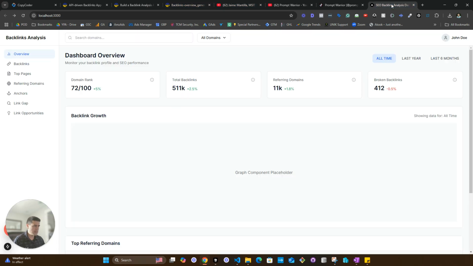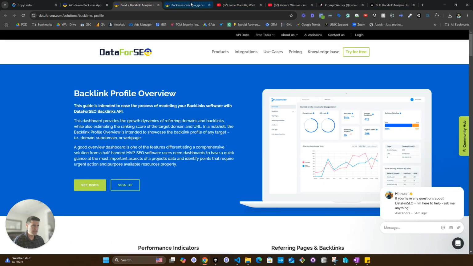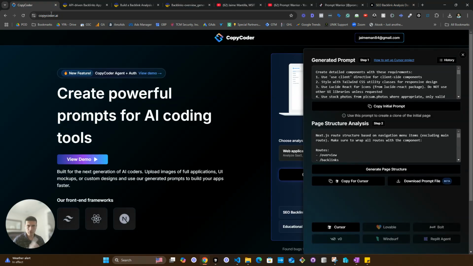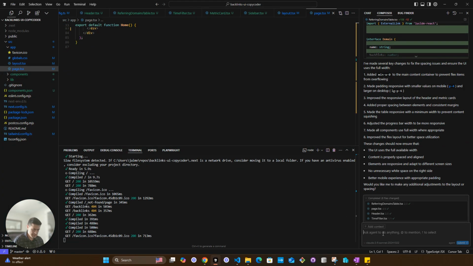This graph didn't get it so far, but let's see. Actually, was it that one? Yeah, didn't get it, but let's see what it does, okay? So I'm going to go back to CopyCoder. I'm going to copy this prompt for Cursor, and I'm going to paste it